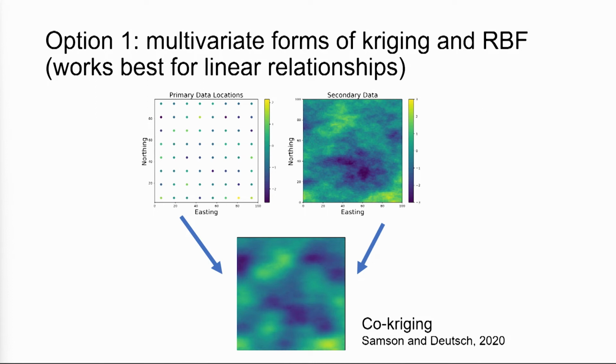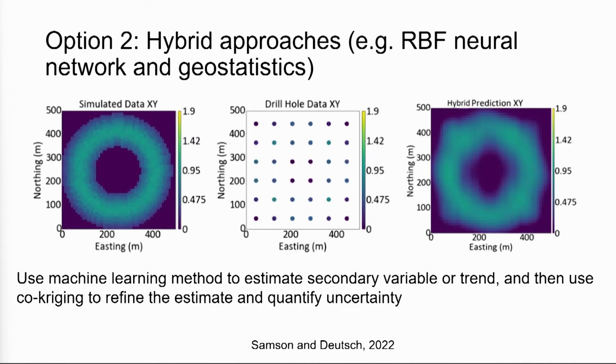which is a multivariate form of Kriging, but we have to assume linear relationships between primary data like radar and secondary information. So if that secondary information is gravity anomalies, and we can find some linear relationship between radar and gravity anomalies, this would be a really good way of combining the two. Similarly, we can use some kind of hybrid approaches. For example, this is a synthetic case study using a physics-informed neural network with a radial basis function activation layer, and use that to make some initial estimate, and then use co-Kriging to refine that and merge that with the